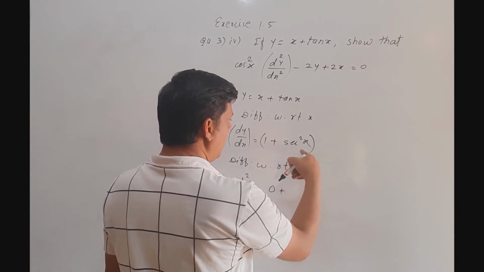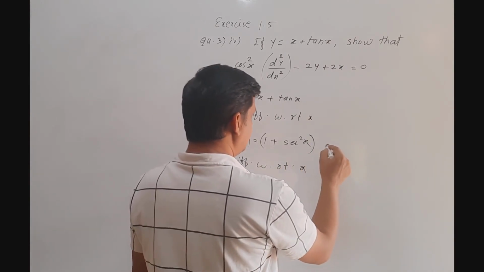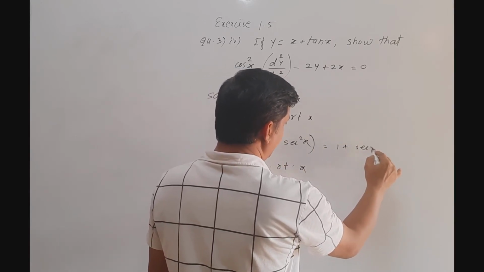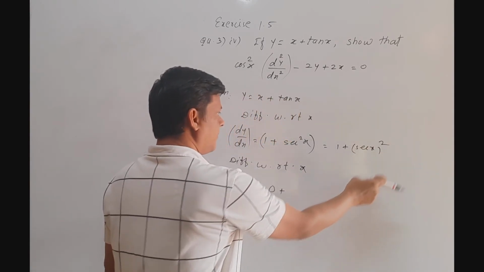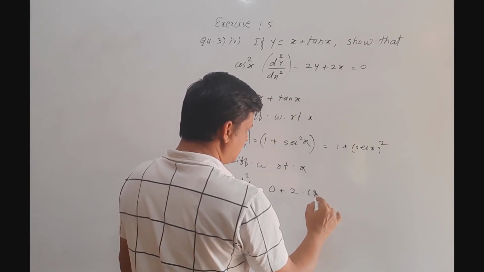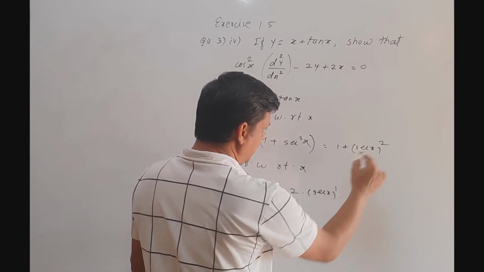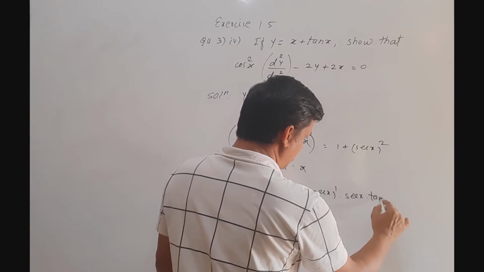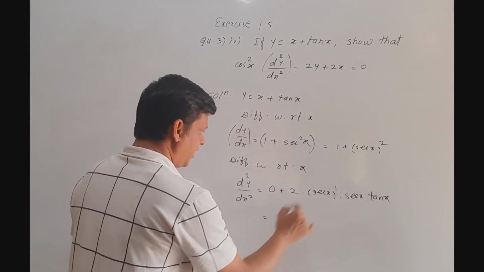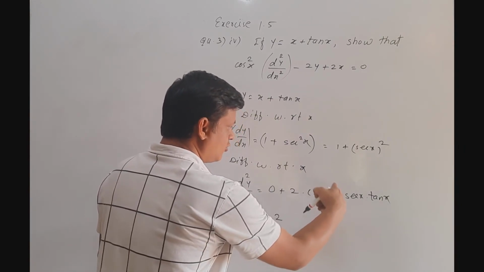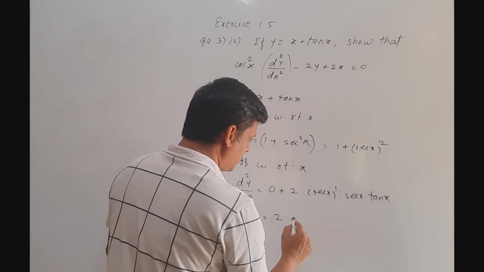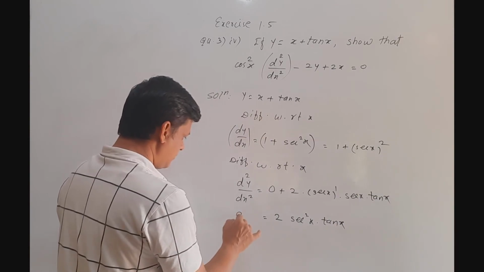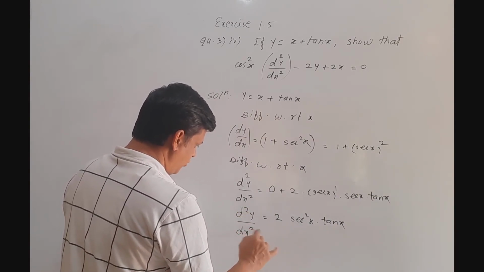Then we find a derivative of sec square x, that we write here 1 plus sec x its bracket square. So first we apply the power rule. So write 2 into sec x raised to the power 1 into derivative of sec x with respect to x. So we write derivative of sec x as sec x into tan x. So we get in RHS 2 sec x raised to the power 1 means sec x, so sec x into sec x. So we write here sec square x into tan x. So this is the value of d2y by dx2.